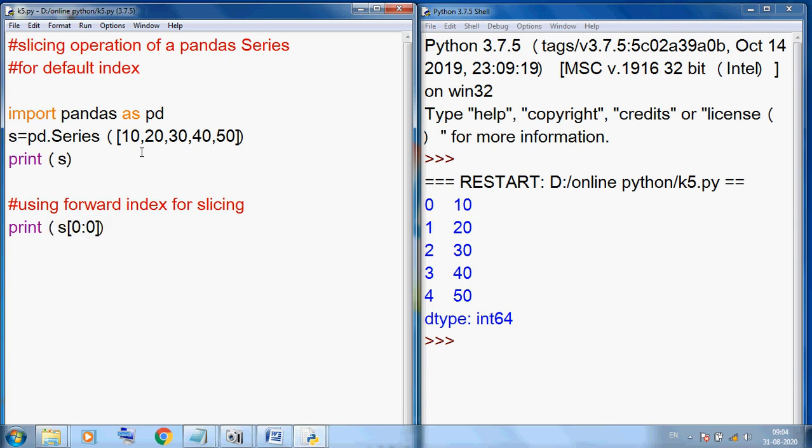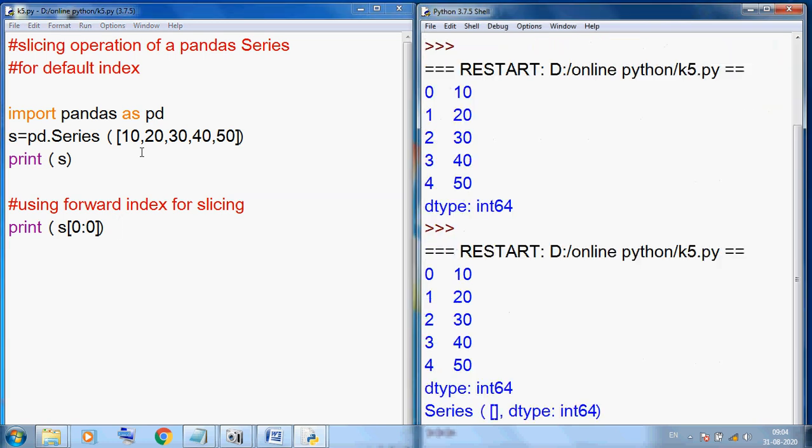You can see start from 0 and stop from 0. So yeah, always one less. It will not display any kind of output, it will display empty, because start from 0 and stop 0 is one less, so no value will come. But here I am writing print s 0 colon 1.